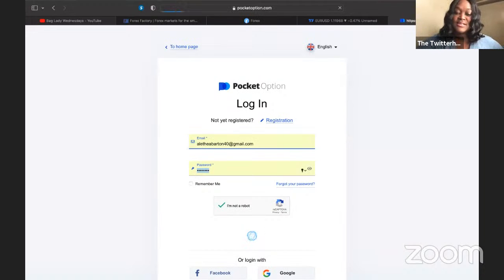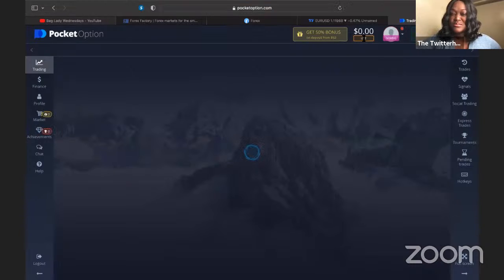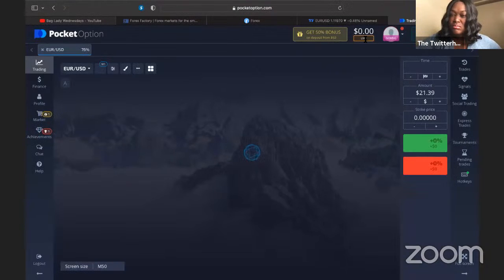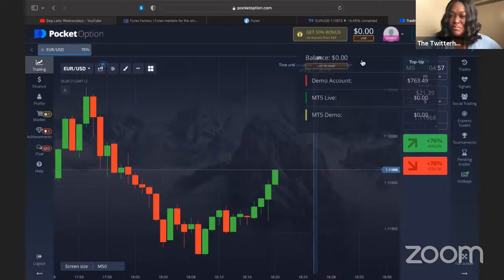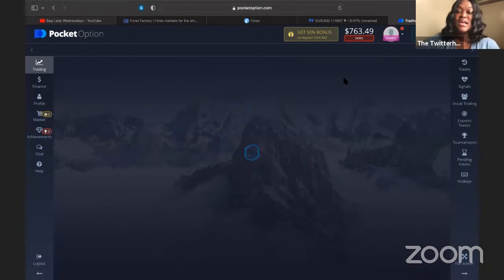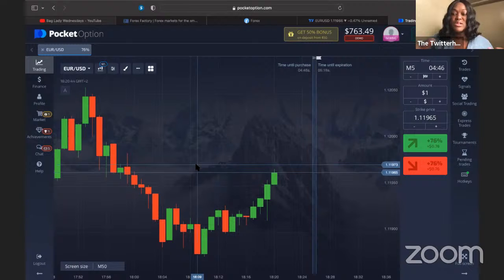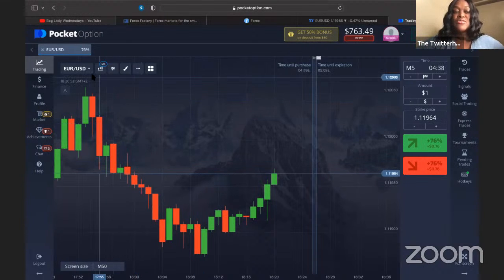All right, so now I'm in. I'm going to go to the demo account. Okay, so it's going to look like this when you log in, with your candles, but I'm going to do a few amendments, right? So when you first log in,